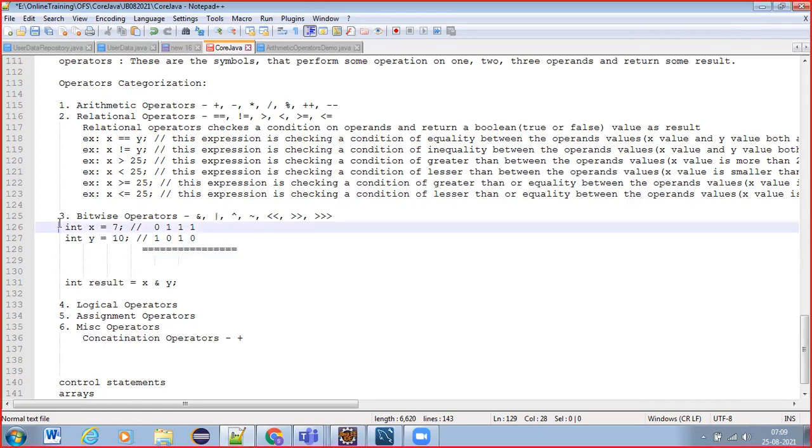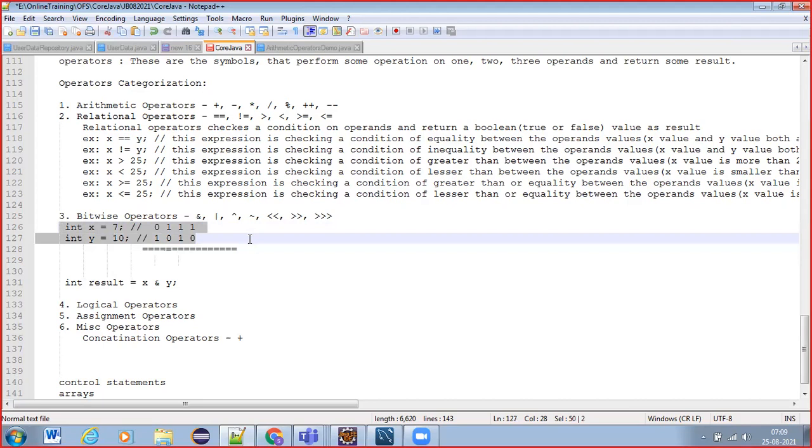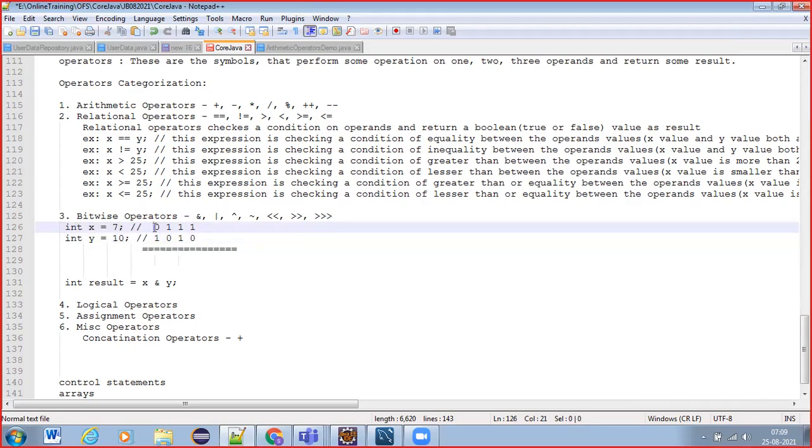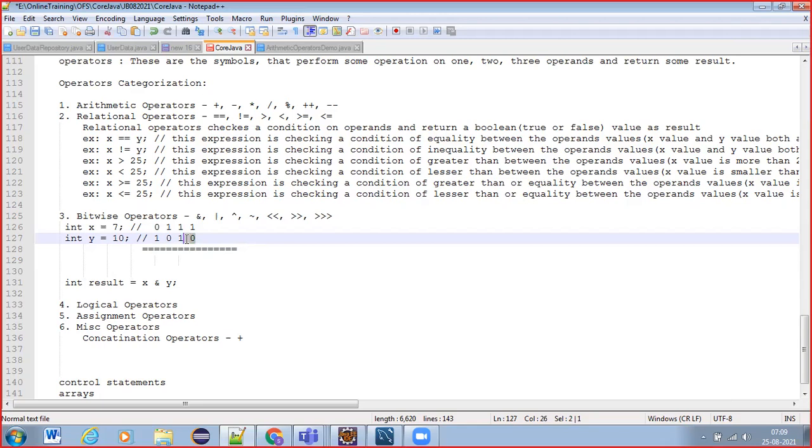Yes, sir. So here, in this example, we have 7 and 10. 7 we can represent as a 4-bit value like 1, 1, 1, and the leftmost one is 0. And 10 we can represent as 0, 1, 0, 1, which means we are providing the bits from right to left, right?